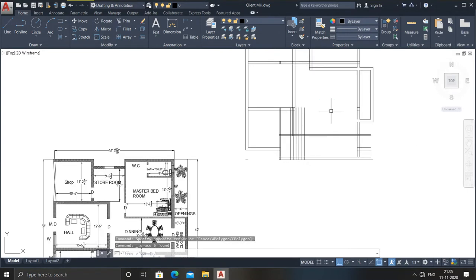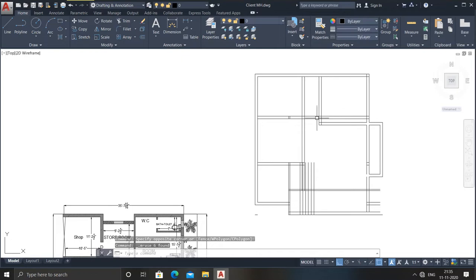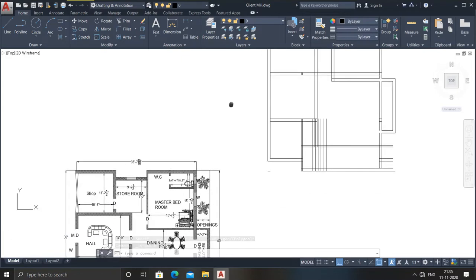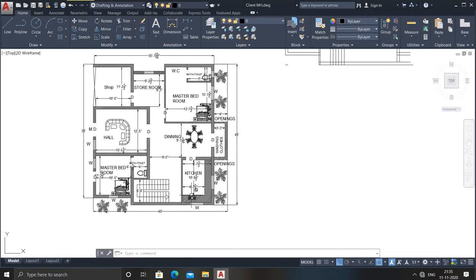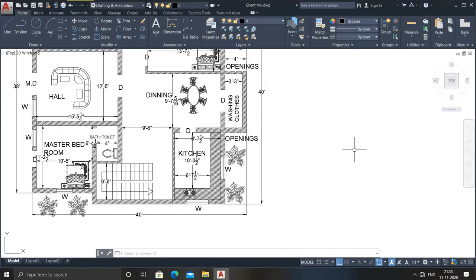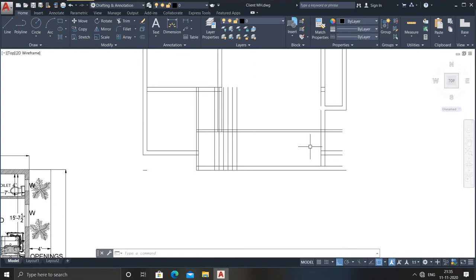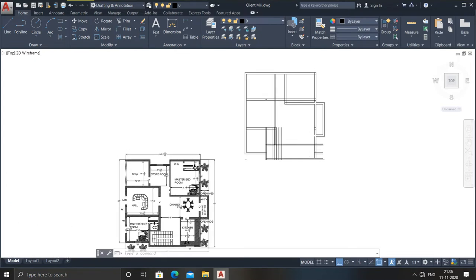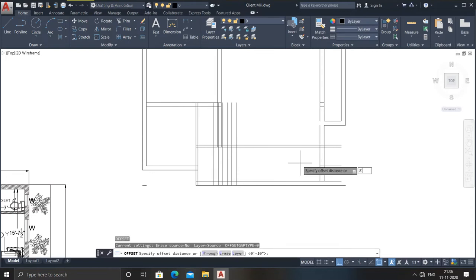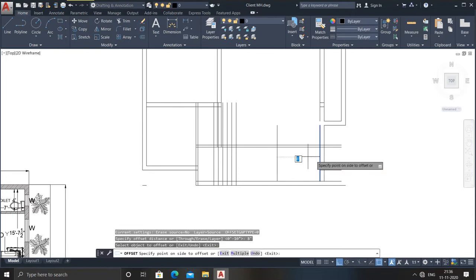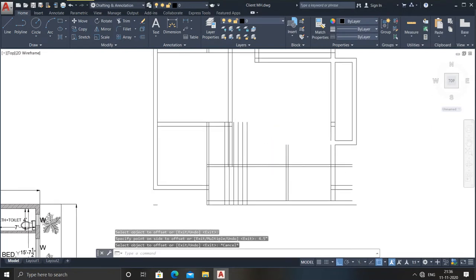So this is the master bedroom, right? That's why its wall becomes quite larger. But here the kitchen size is only 8 feet. So from here to here, I only need to keep it as 8 feet, right? So from here to here, go for the offset command of 8 feet. This would be here. Now I need to provide it as a 4.5, one brick wall. Just go for escape.